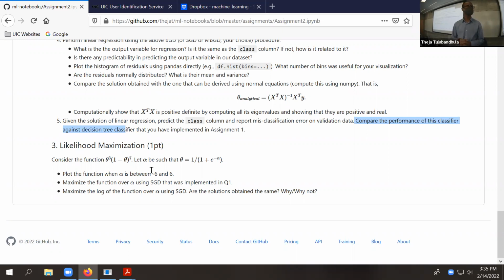Yeah. Can you start to use the decision tree to compare? No, it should be what you have written in assignment 1. You can use it. Yeah, what you did in assignment 1, what you wrote from scratch. Yes. I mean, you can use scikit-learn's decision tree as well, but that need not be reported here.